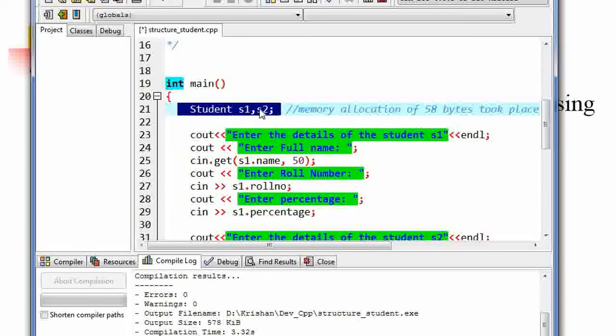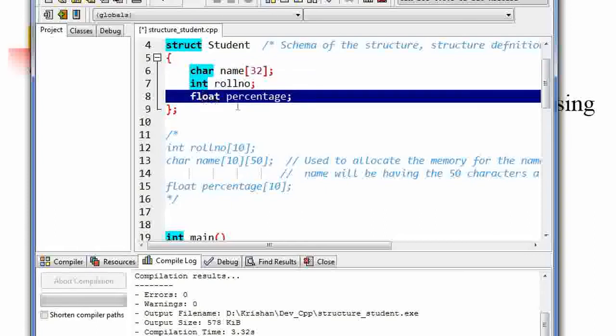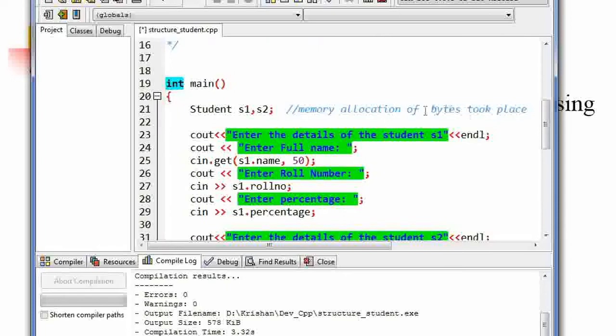Here the memory allocation actually takes place. This is 32 bytes, roll number is 4 bytes, percentage is 4 bytes. So 32 plus 4 is 36, plus 4, 40 bytes will be allocated over here.